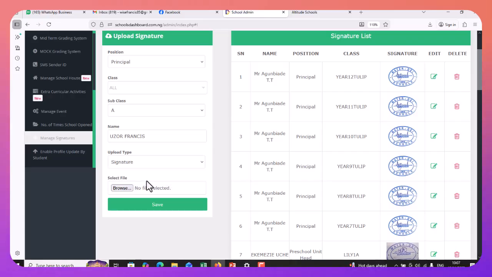I'll make it signature with stamp. So how you do this is that you are going to get a white sheet of paper. You take your stamp on that white sheet of paper, then sign on it. Then you snap it with your phone. When you snap it with your phone or scan it, anyhow you do it, come to this place where they